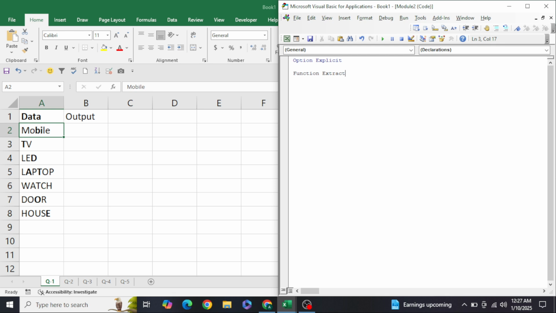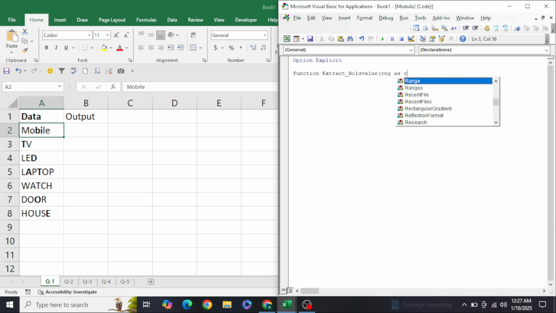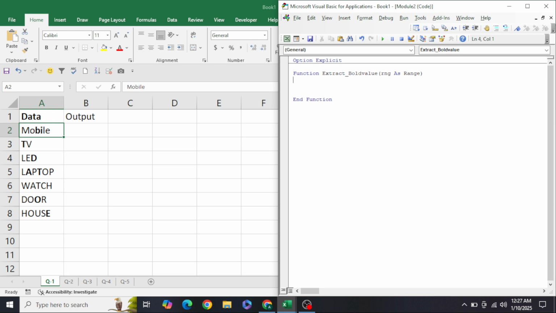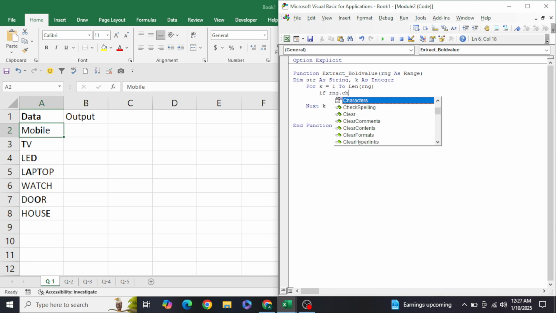Okay, the requirement. Right here: Function ExtractBoldValues, RNG as Range. Here declare two variables: Dim str as String, k as Integer. For k = 1 to the length of RNG. This is how you will have to write it. Then, if RNG.Characters with start k and length 1